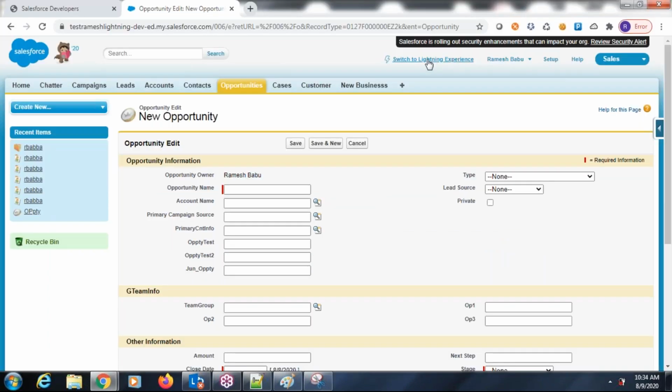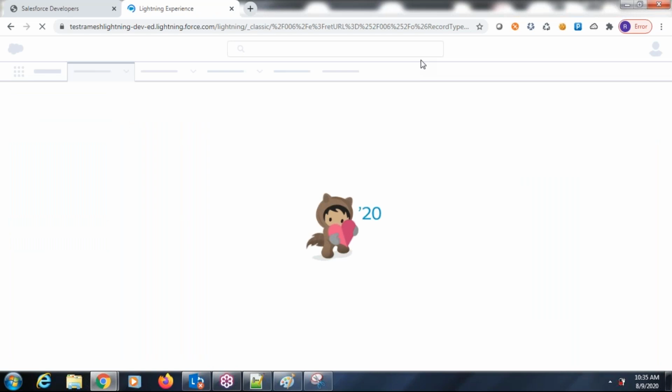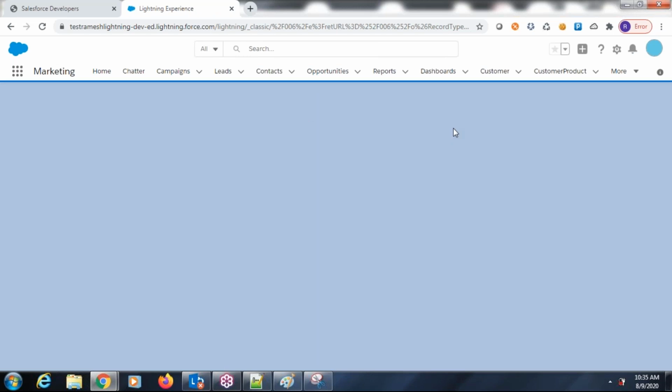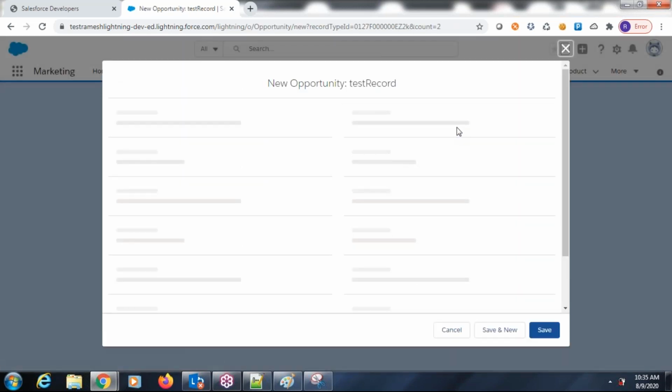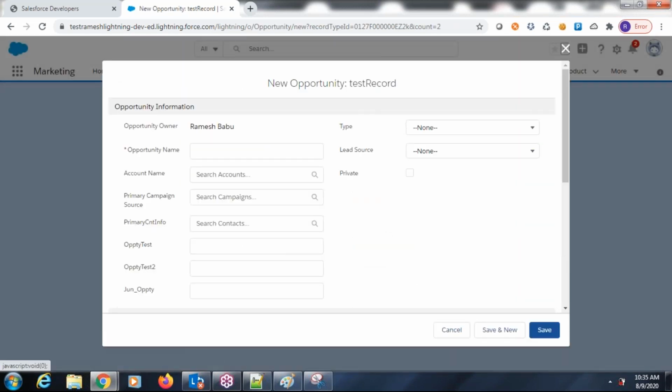The same opportunity object, suppose I am working with the lightning version. The same UI looks like this. See here, the same UI. This is the lightning version.